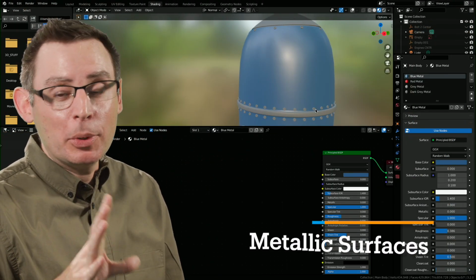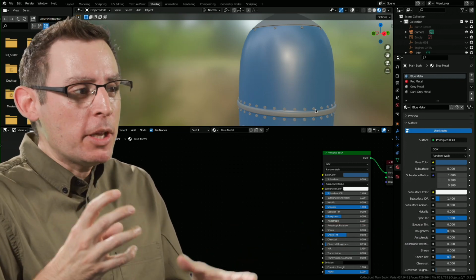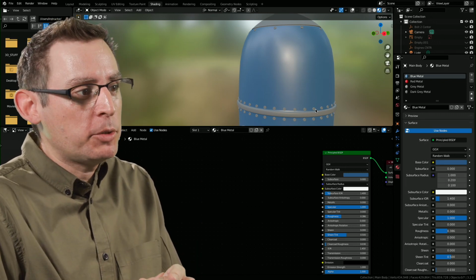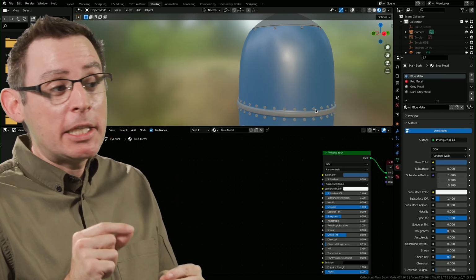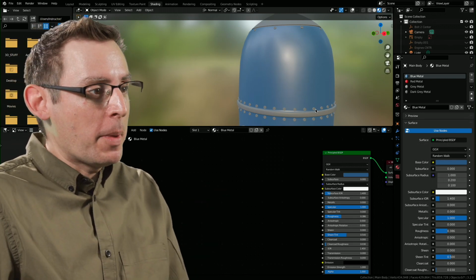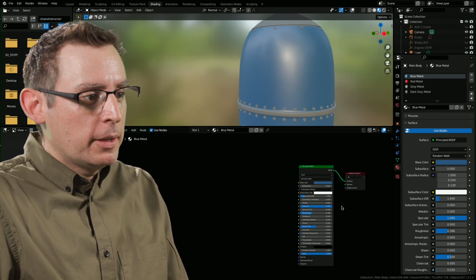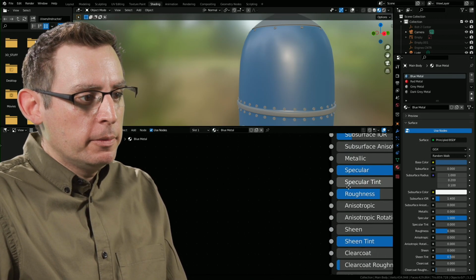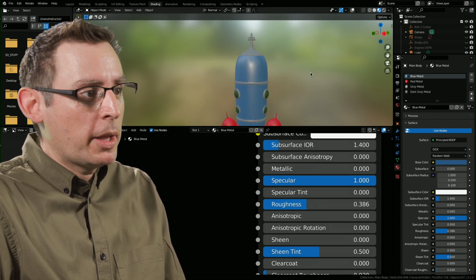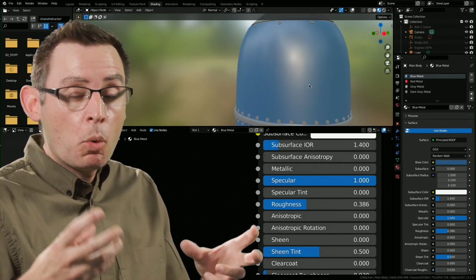The metallic attributes of our materials are important for establishing how the light is going to be absorbed and conserved across the surface of our object. Something we absolutely need to take a look at when trying to recreate the illusion that our objects are metal. So let's look at the metallic properties of our shaders, and zoom in. We're going to be working with this one right here.